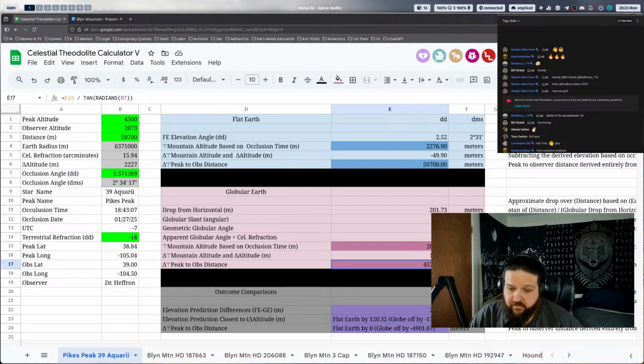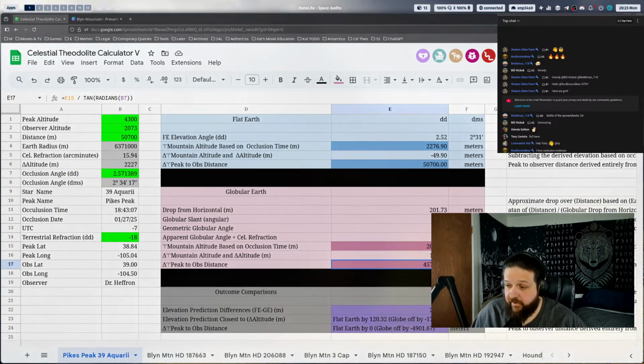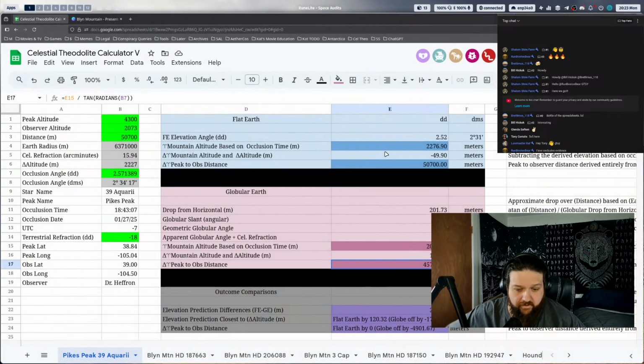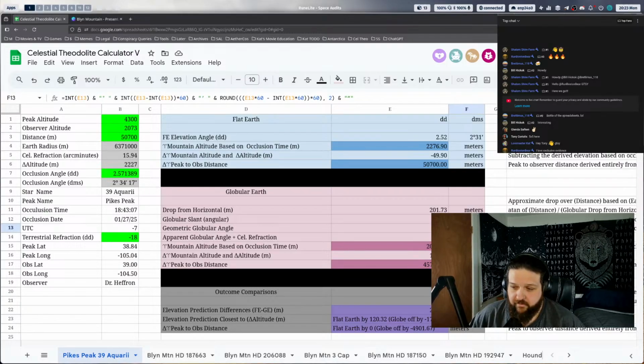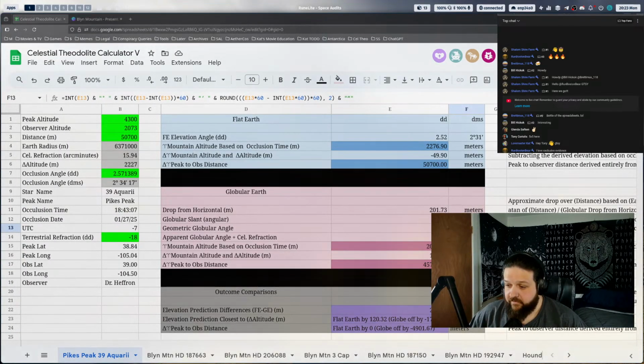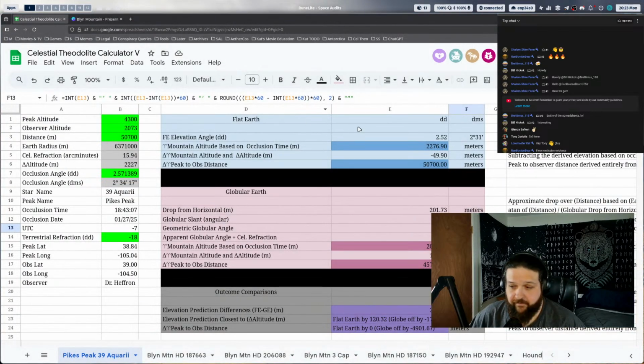Oh, geez, do I need to do this myself? Yes, because we're gonna move on now. You're low key disagreeing, but you're not saying how. You're saying it should be 219. Okay, it's 219. I can make it whatever it needs to be, and it doesn't change anything. It's still wrong. That's the point. Just point out for him how you're calculating the drop. Where you're saying it's wrong, I can backwards derive my location and estimate the physical elevation of the mountain just off of the occlusion time and the elevation of the peak.